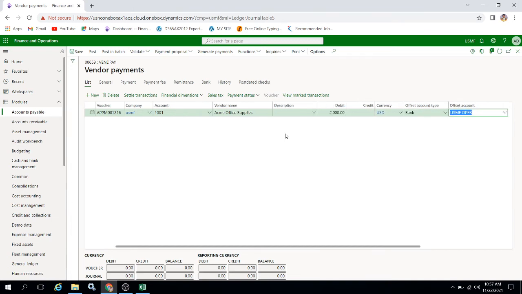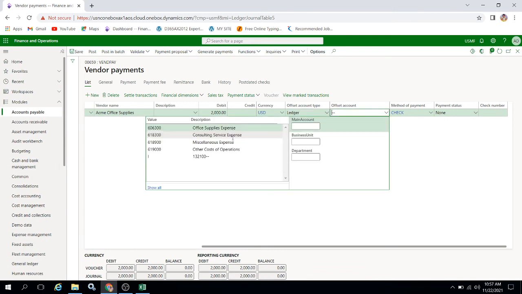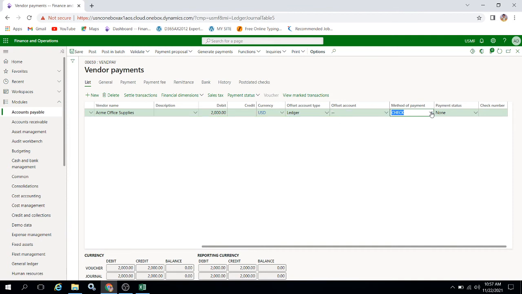So at the time of payment, the vendor is supposed to be debited, and instead of a bank account, if cash is there, I'll give that. Is there any cash account that was created?